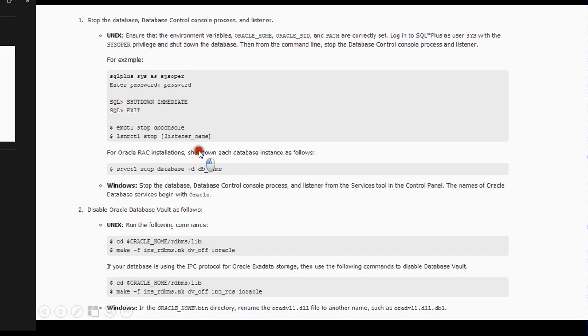But if you're in a RAC environment, you would just shut down each database by running this command, srvctl stop database, and then the default, and then the database name after that. And then again, so what you're doing is